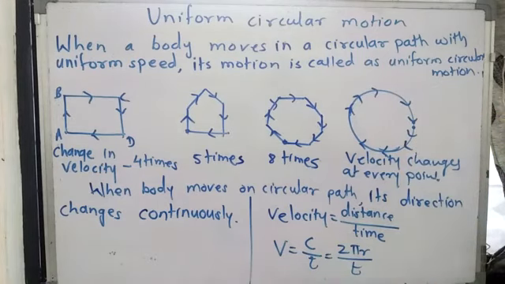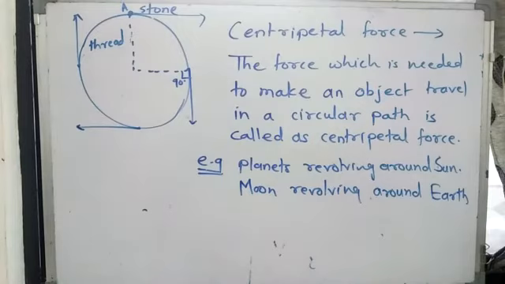So for the object which is moving on a circular path, how could we calculate the velocity of that object? Velocity is equal to 2 pi r upon t. These 2 pi r are nothing but circumference of the circle, where r is the radius of circle and t is the time required. So v is equal to 2 pi r upon t. This is called as the uniform circular motion. Now see, when object is moving in a circular way, object will not automatically move on the circular way.